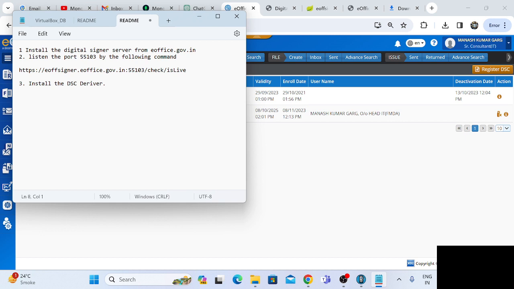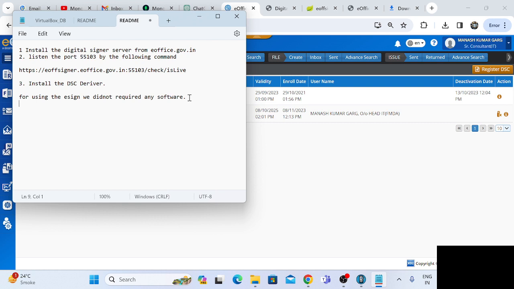For using e-sign, we don't require any software. The e-sign facility will use the integrated development environment.